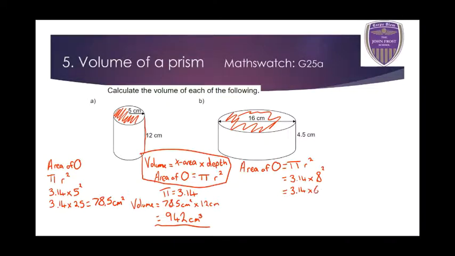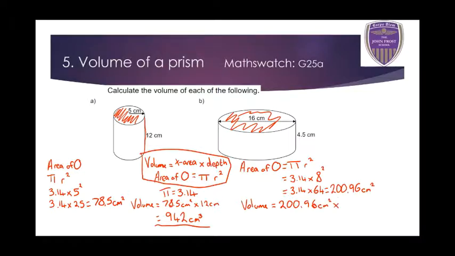So 3.14 times 8 squared. 3.14 times 64. And if you type that into your calculator, you should get 200.96 centimeters squared. So that's the area of our circle. Okay, and the final volume is 200.96